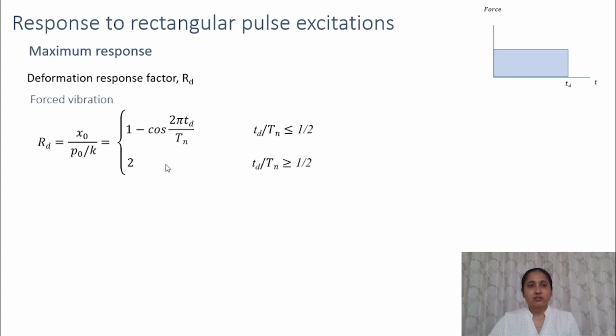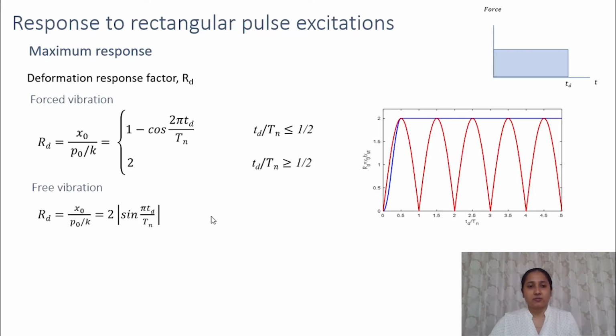And during the free vibration phase, the Rd value will be similar to the free vibration case. So here, during the free vibration phase, we can calculate the value of Rd as this. So this is x naught by p naught by k will be equal to 2 modulus of sine pi Td